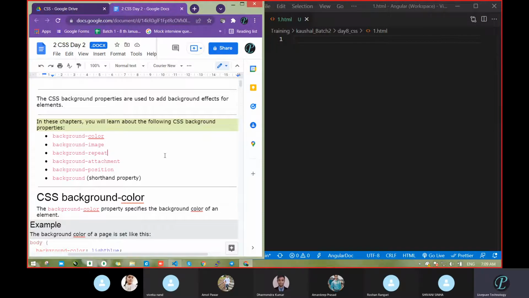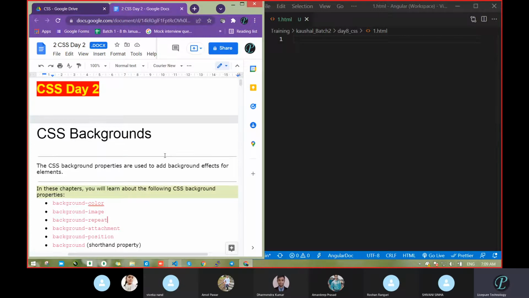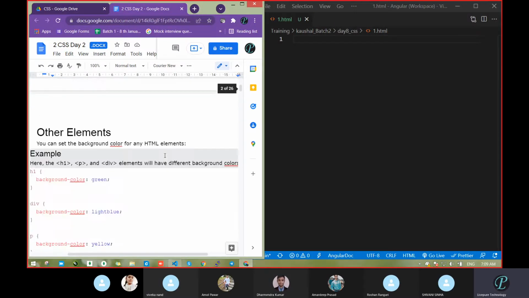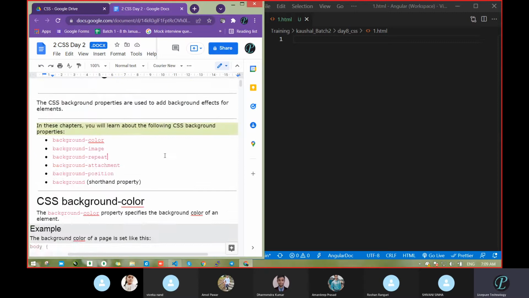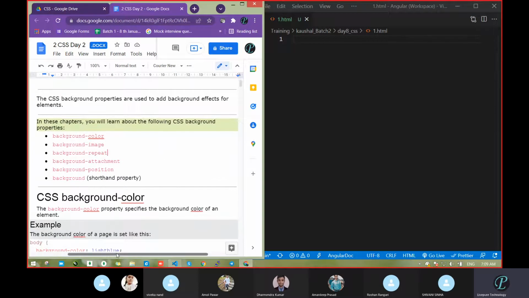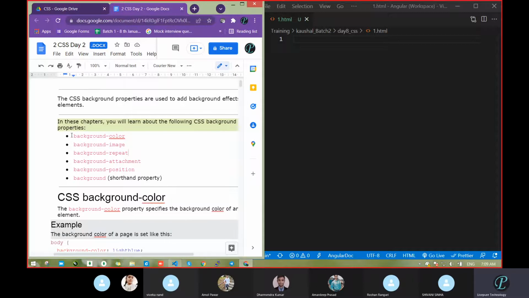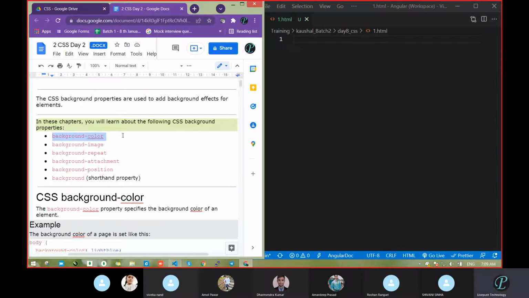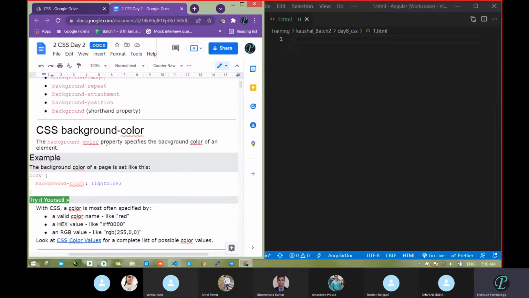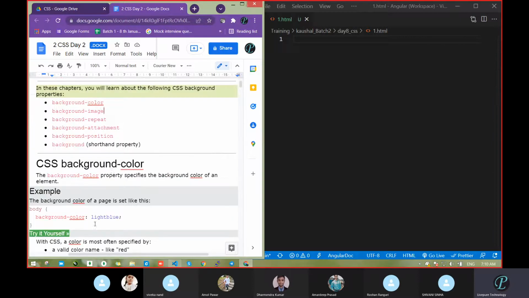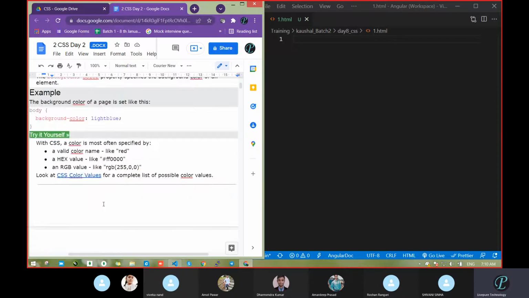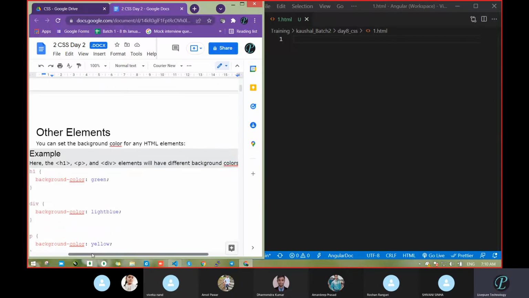So today we are going to look at the background property. Okay, we have already seen what the property is in the background case, but we will go much deeper. Suppose you have to add an image or a background color. We already know how we can add background color, and we know background image, but we will go one by one. So go with background color first. Let's see if any example is available here.